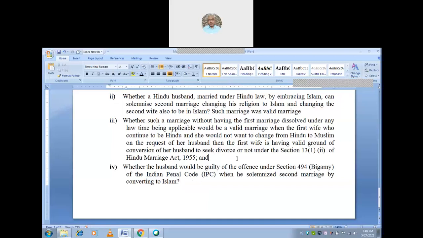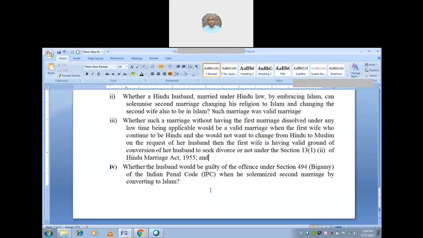So now let us see the one thing where the Muslim husband requests the wife to change her religion, and the wife will not change her religion, and says that she wants to stick to her own religion. At that instant, if the husband does the conversion, then it is a ground for the wife to get a divorce or even maintenance also. So that's why when you are arguing, you can argue in that way.